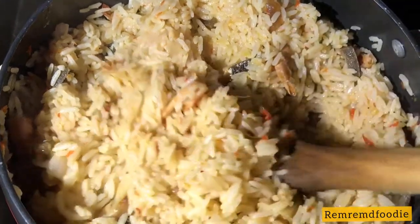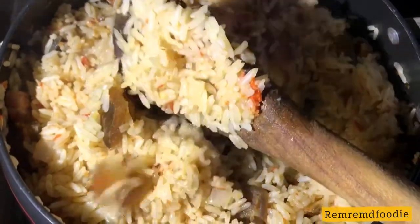Some people call this village rice, others call it native rice, but I like to call it an upgraded version